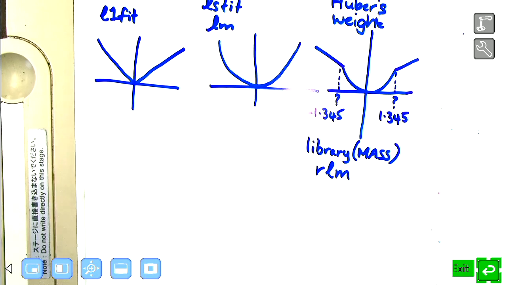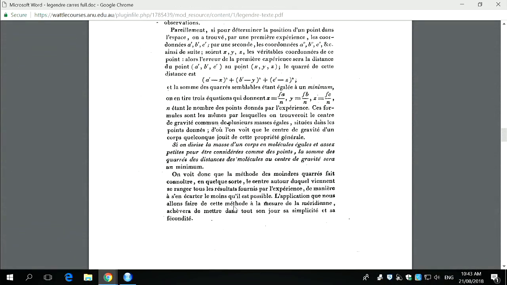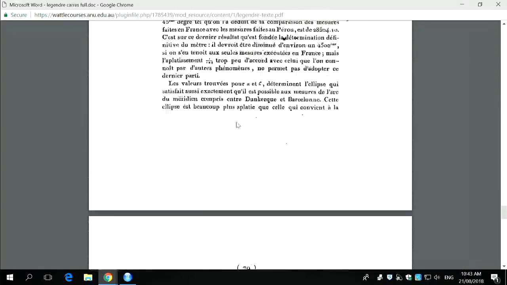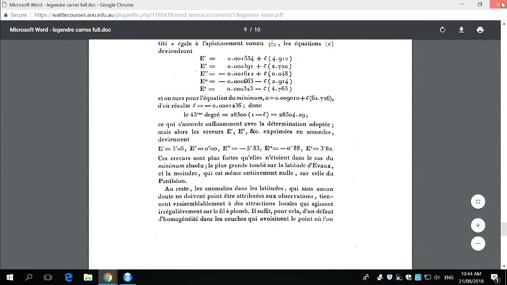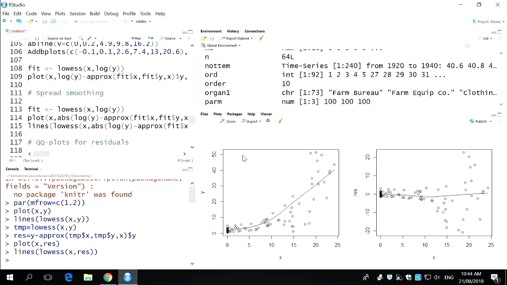All right, so let's dive back here, where we have waiting for us this beautiful French document describing least squares, okay, which I'll put up. I'll make that link live so you can, if you want to, try to read it. Okay, but assuming you don't want to do that, we'll go back to here. We'll finish the discussion I was